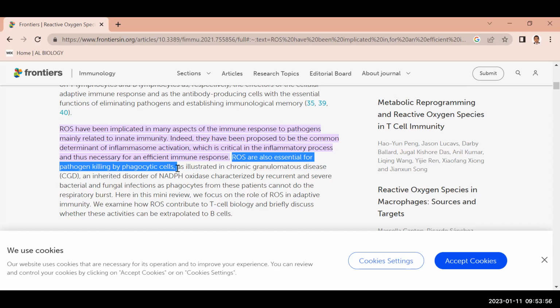Based on this sentence, we should learn the function of ROS. Generally, ROS can kill the pathogen,